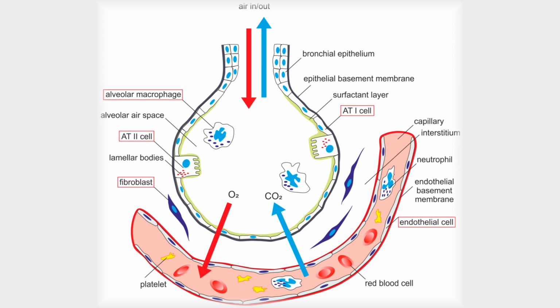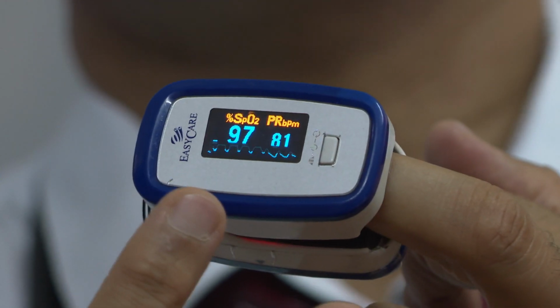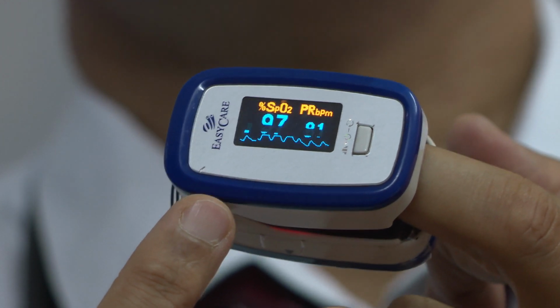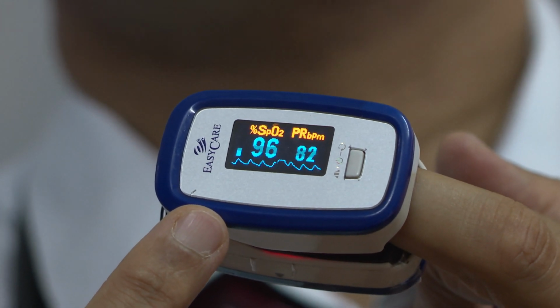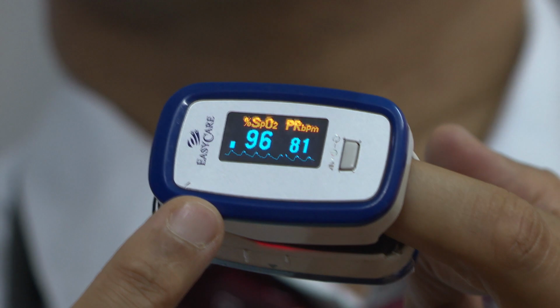What lung function defects can lead to hypoxia or decreased hemoglobin saturation? Number one, decreased ventilation to the lung, that is, air entry to the lung is decreased. Number two, decreased diffusion of oxygen to capillaries, that is, there is an exchange of gas between the alveoli and the capillary. If it is decreased, the hemoglobin saturation will be decreased. Number three, decreased perfusion, that means decreased blood flow to the lungs.